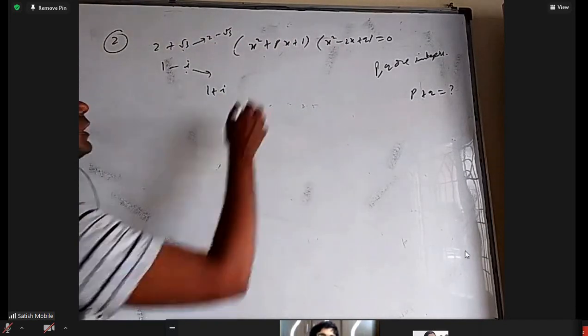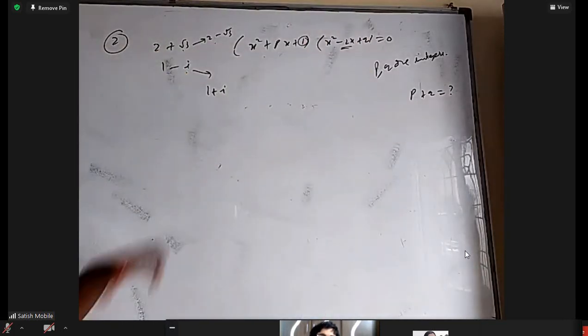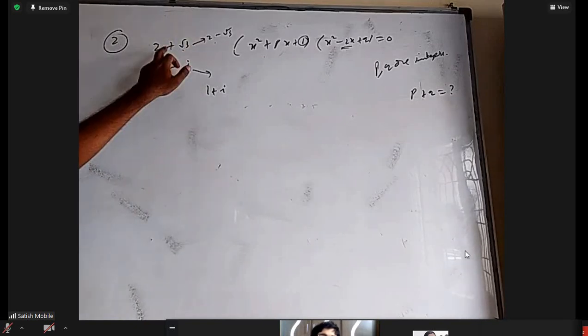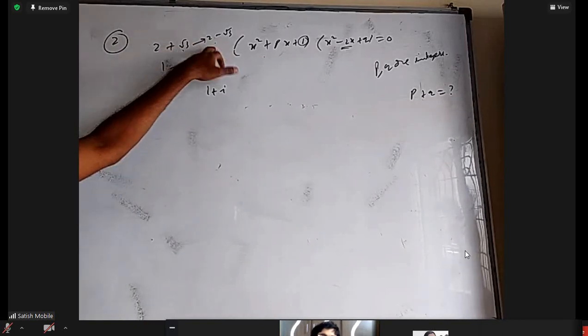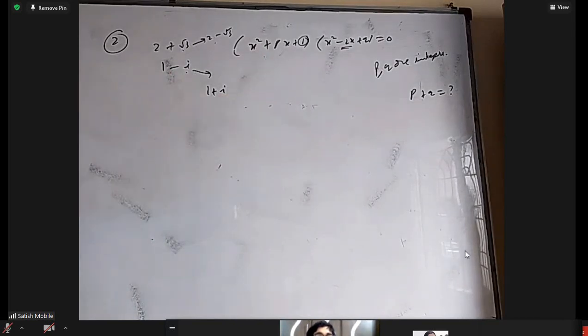It's very simple. Here the product of the roots is 1. Here the sum of the roots is 2. In this case, the sum of the roots is 2. In this case, the product of the roots is 1. Here the sum of the roots is 4, and here the product of the roots is 2. So you know how to match with that.